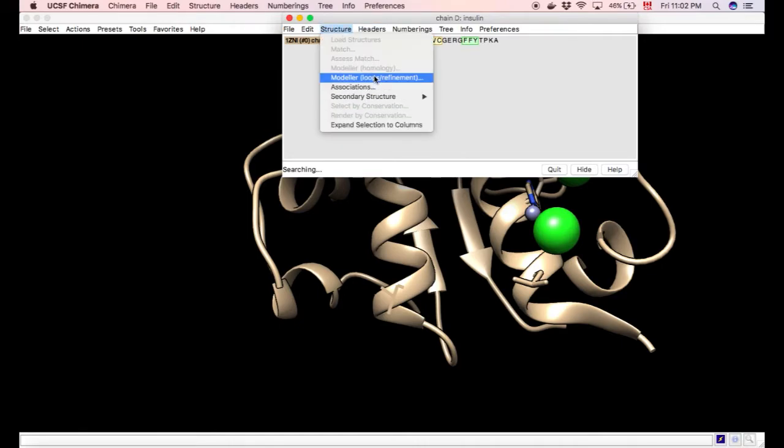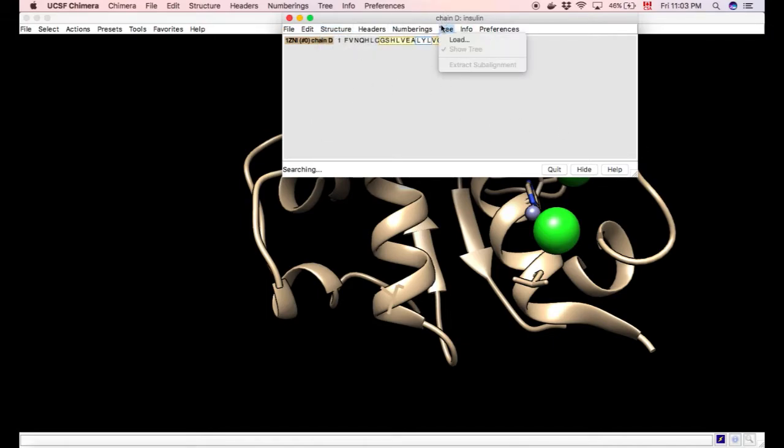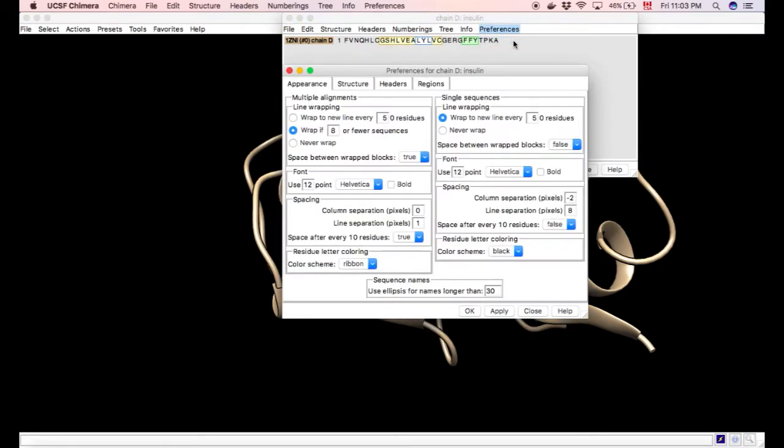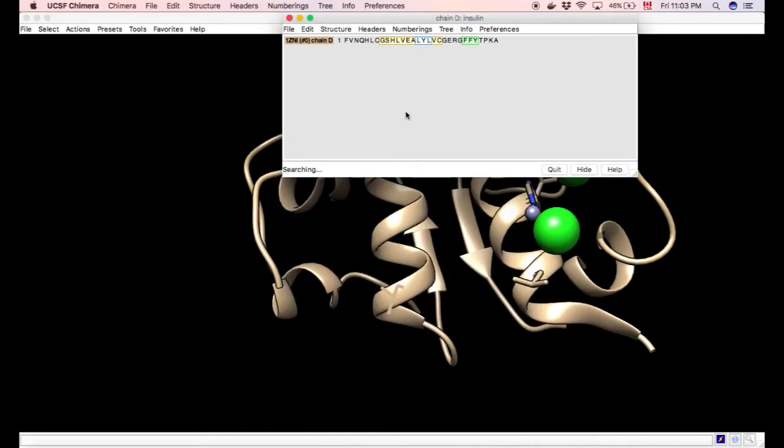This is done. You can have Modeler, which we'll go over. It's actually a way to refine it, to complete the loops that we have in the empty association structure. Multiple of these options are going to be seen later. Trees, if you have an evolution tree. We have one sequence, so there would be nothing there, so there's no options. Preferences, structure, header, regions, appearance. Multiple options, we won't go into too much detail, it's not that important. As I said,